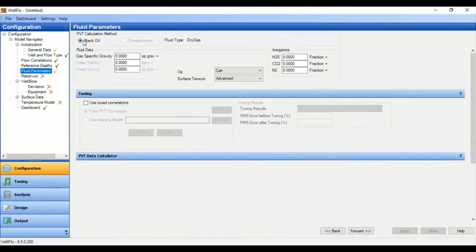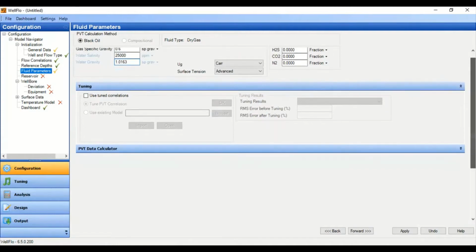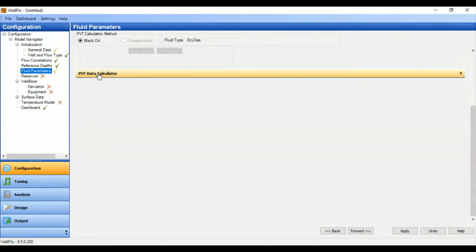Forward. Now for fluid parameters, PVT calculation method, fluid data, gas specific gravity 0.6, okay, and water salinity of 25,000 ppm. Water gravity will be calculated, okay, no inorganics, and we can also go down to PVT calculator, open